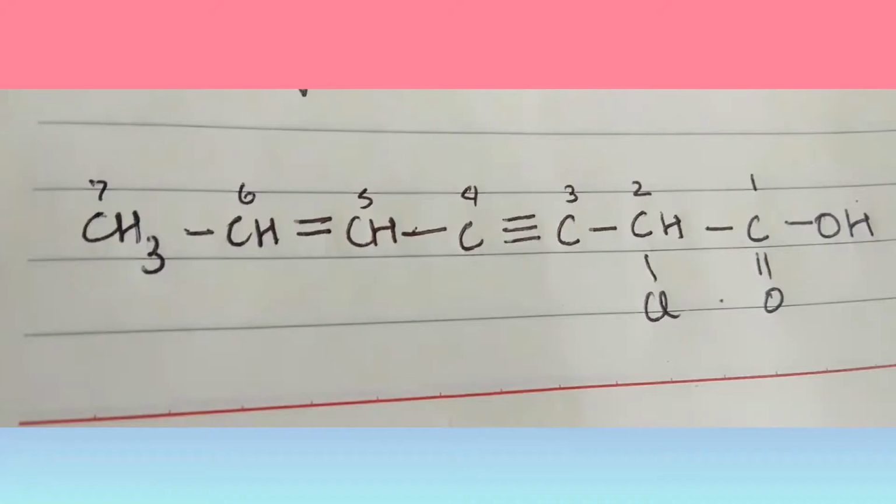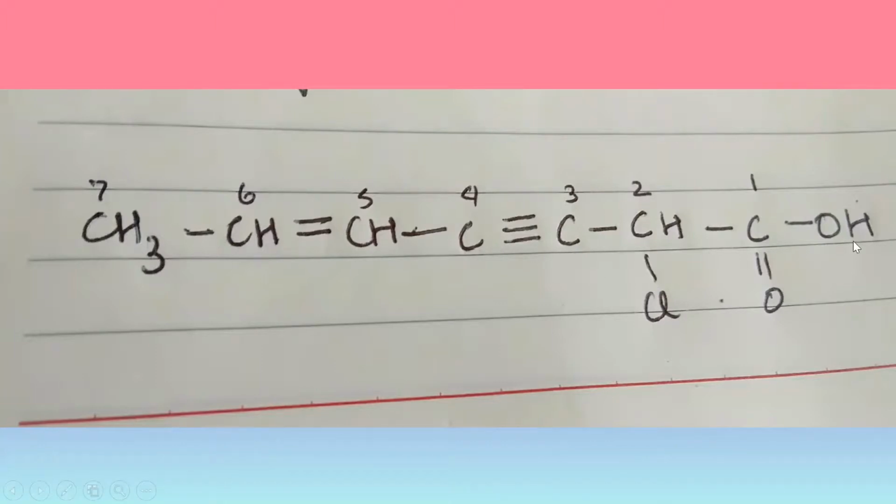Here you can see that we have a carboxylic group, a chlorine group, a triple bond and a double bond. The positioning of the locants is done in such a way that the carbon that has the carboxylic acid group attached gets the least locant number. So if I go naming from right to left, you can notice that there are 7 carbon atoms present in the parent chain, and we have to include the carbon from the carboxylic group also in the parent chain.